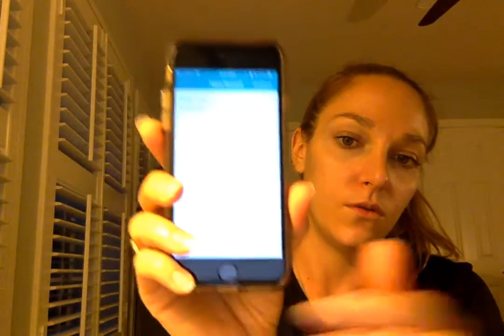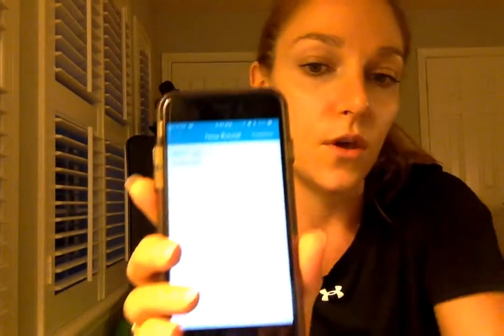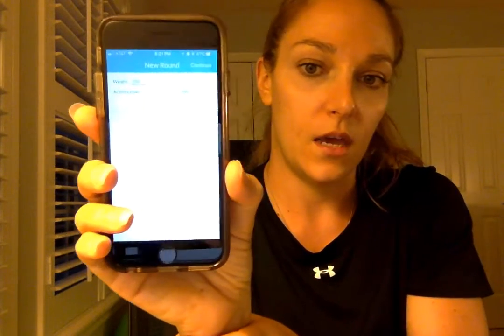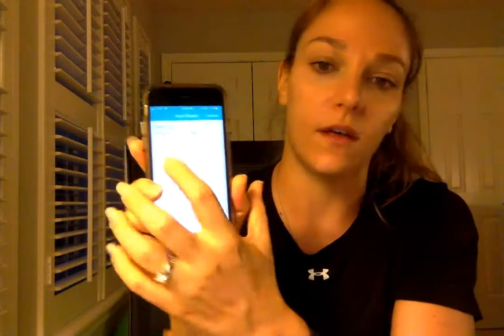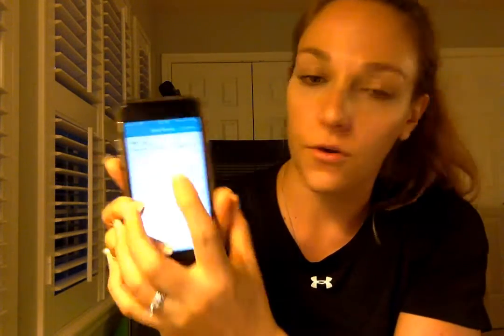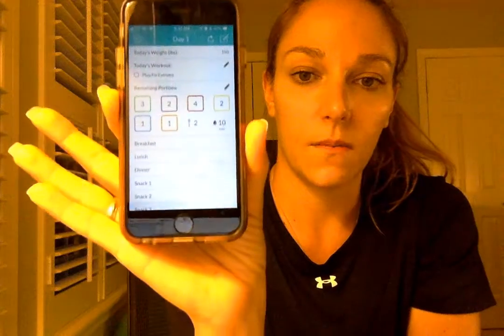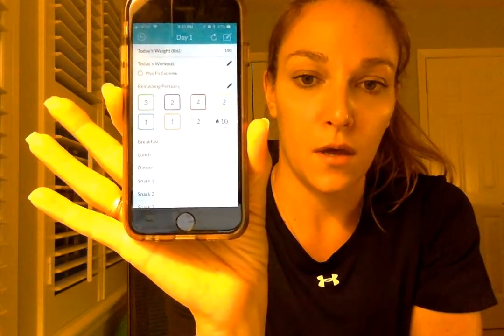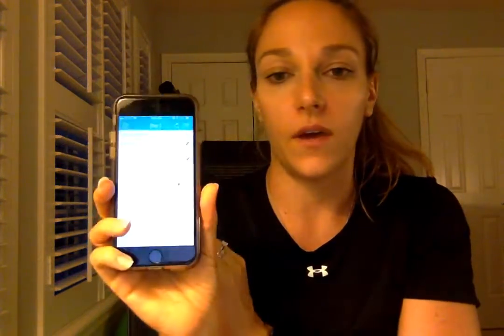So here you have your option to put in your weight, and then it says your activity level, high, moderate, or low, okay? So if I say 150 and low, and I hit continue, then it shows my containers and keeps you in plan A. Now, if I go up here and hit that little circle arrow reset button,